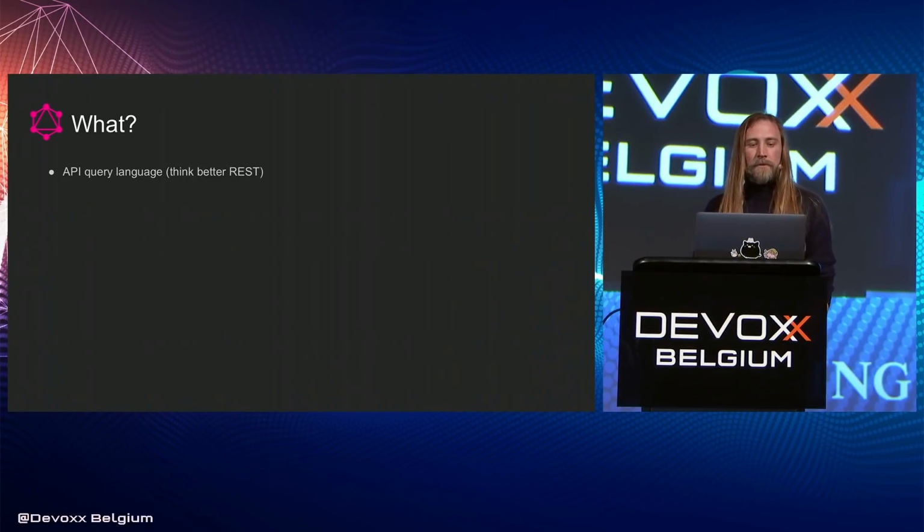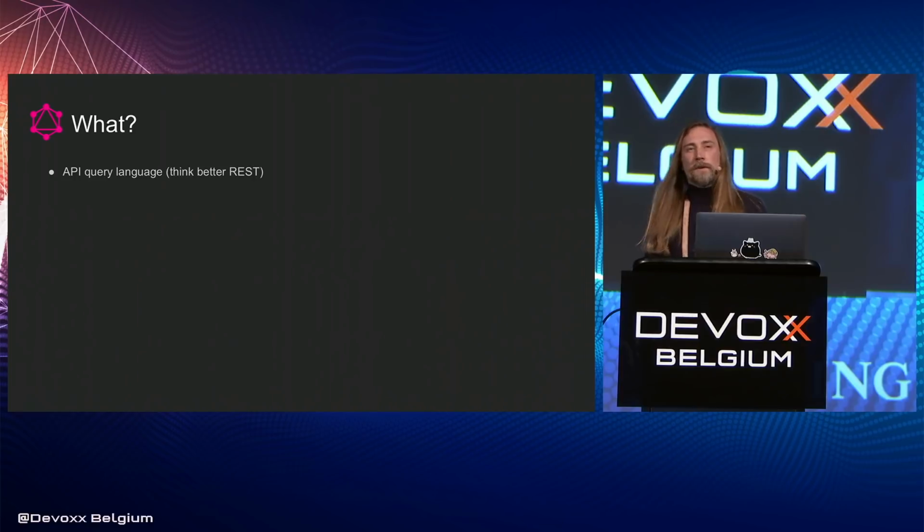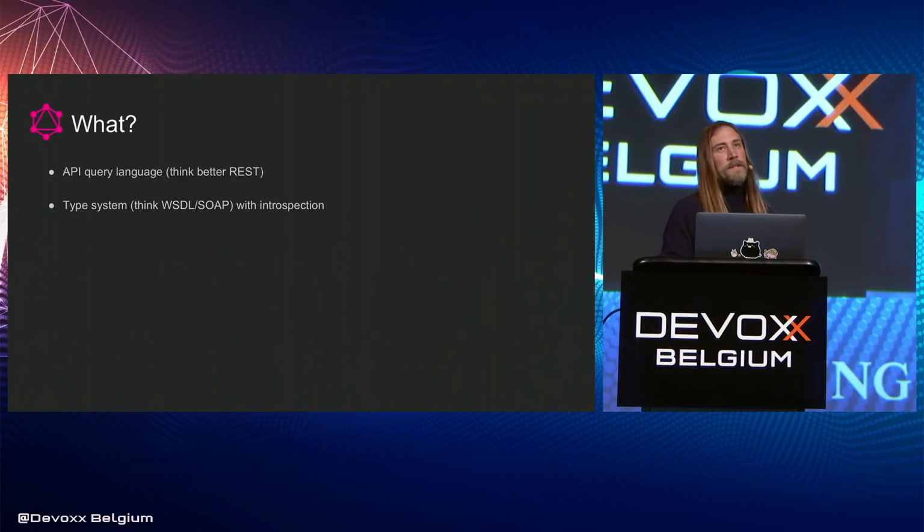So GraphQL is a query language for your API. So it's a way for your server, for your application to expose an API. So in this way, it's similar to REST. So think of REST for the moment. Unlike REST, it has a type system, which means that anything coming in and out of your system is strictly